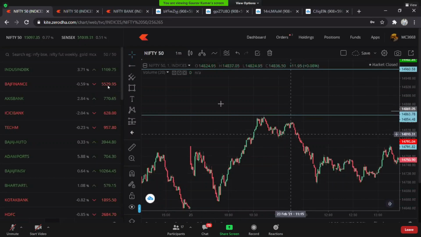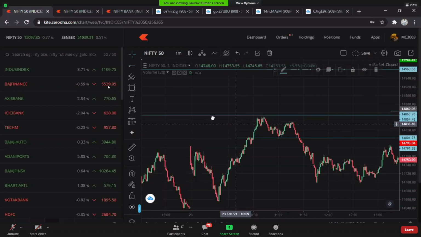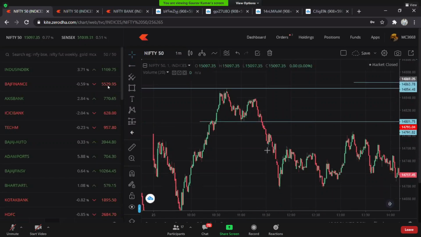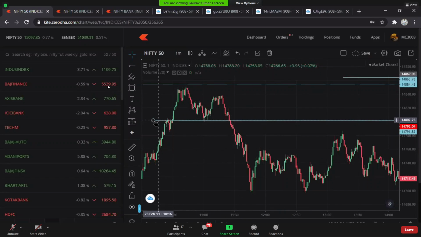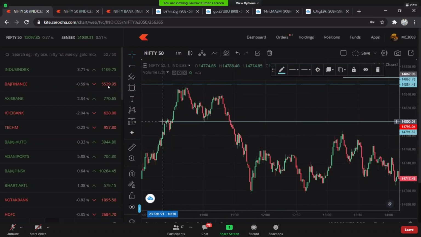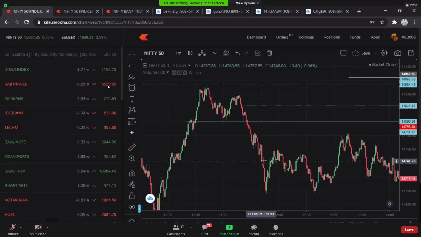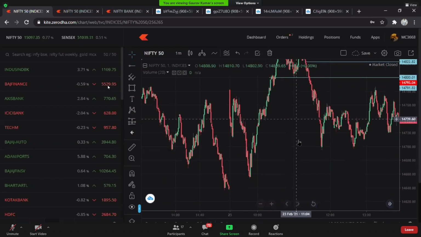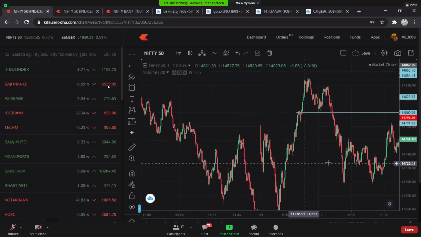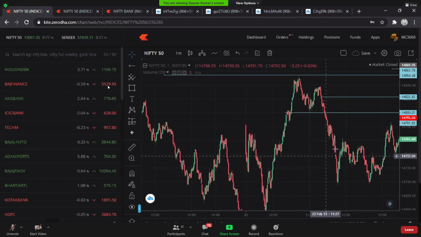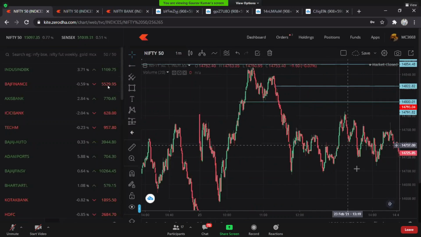Suppose I had to catch this breakout below this point. This is a good example in which I can tell you about stop loss. So where would have been my probable stop loss? It would have been just here, because here is my longest wick rejection. I would have kept my stop loss just above it, and the rest is history in front of you. So this is how wicks work perfectly for target and stop loss.